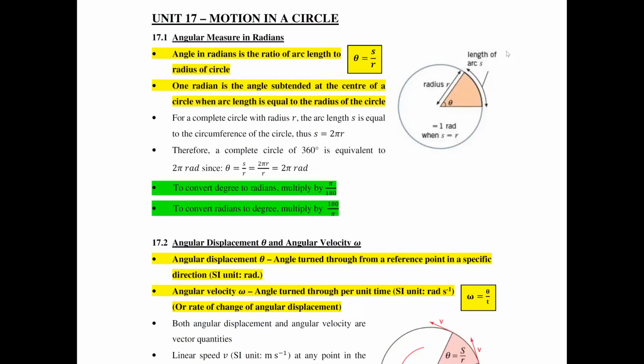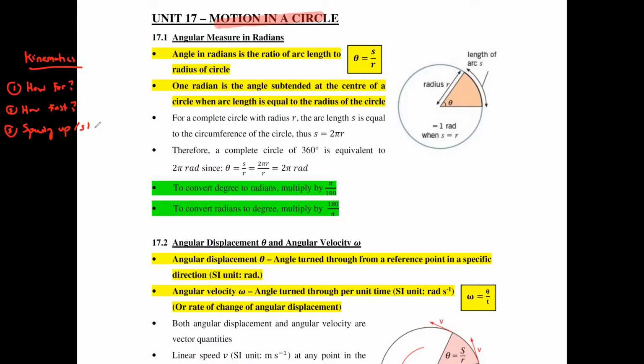Okay, right. Now for A2, the first chapter that you will most probably learn is motion in a circle. Now, motion in a circle is actually kind of like a continuation of kinematics from AS. In kinematics AS, it was a study about motion. You were interested to know how far an object has moved, how fast did it move, and whether was it speeding up